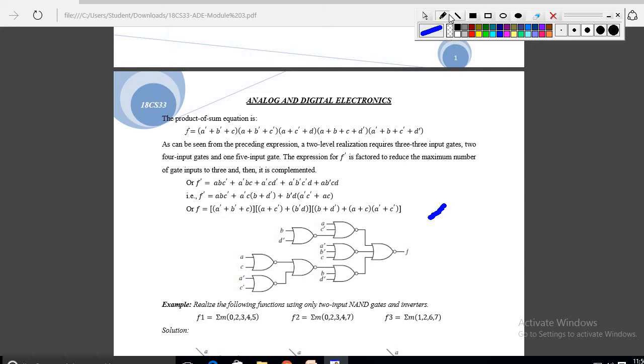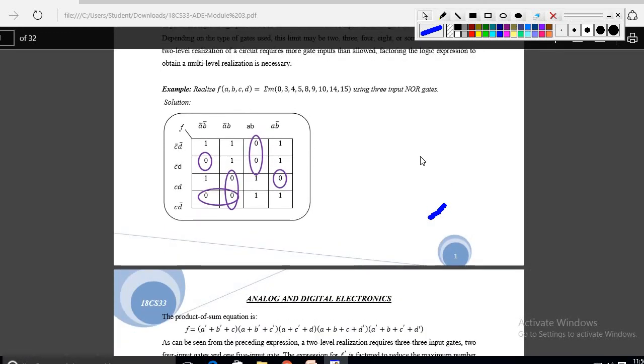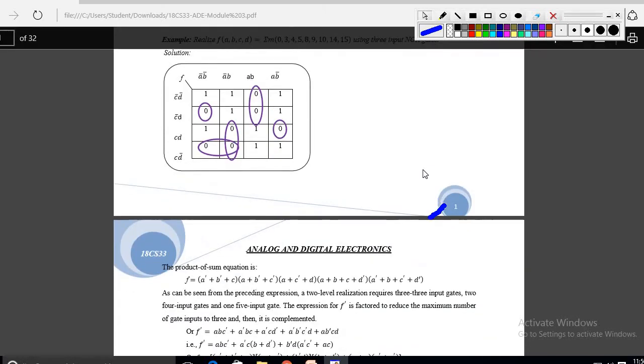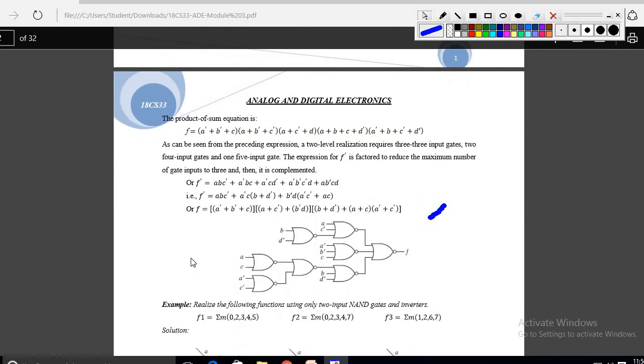Okay, first, what are the steps? We have already seen the steps, no? First you have to write the truth table. After that, using Karnaugh maps or the Quine-McCluskey method, we have to realize the expression. After that, using that expression, SOP or POS, whatever it may be, no? Whatever algebraic expression you obtain, with the help of that, and whether it is a 3 input NOR gate or 3 input NAND gate, see the question, and according to that we have to realize the circuit. Okay, here it is a 3 input NOR gate. According to that we have to adjust the expression as NOR gate.